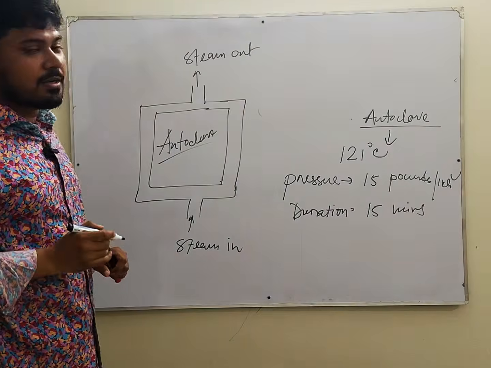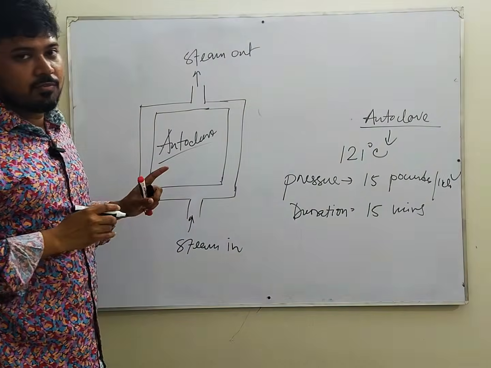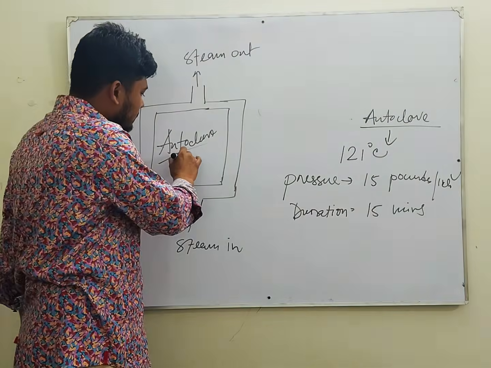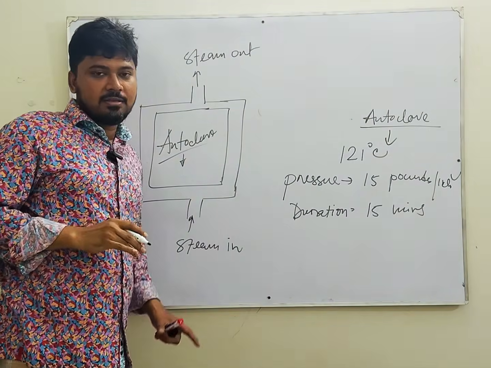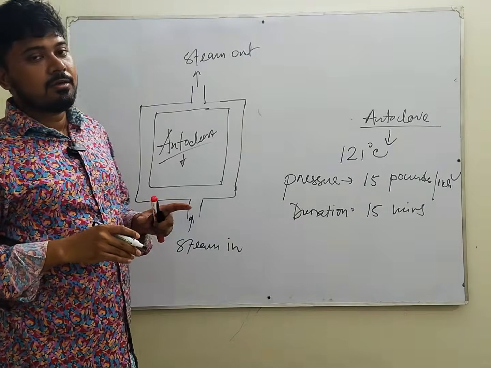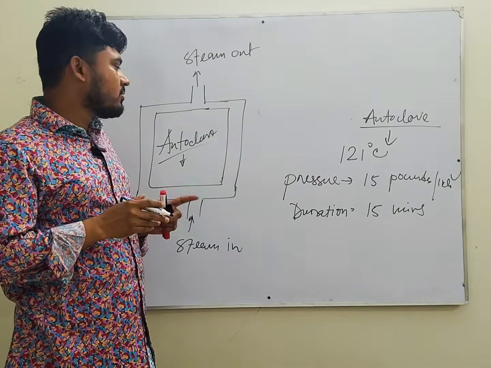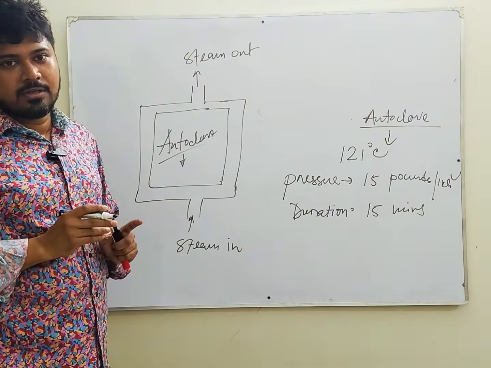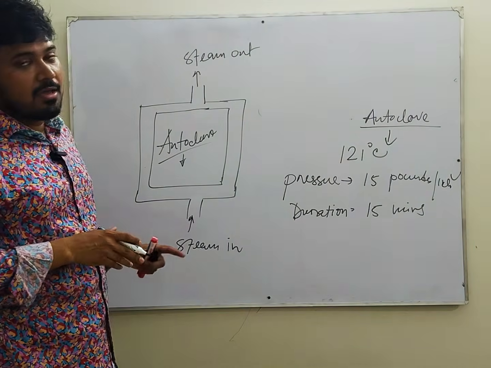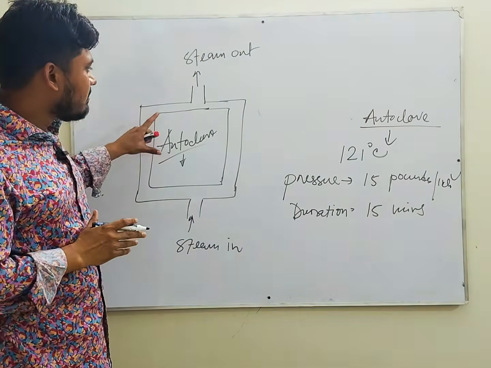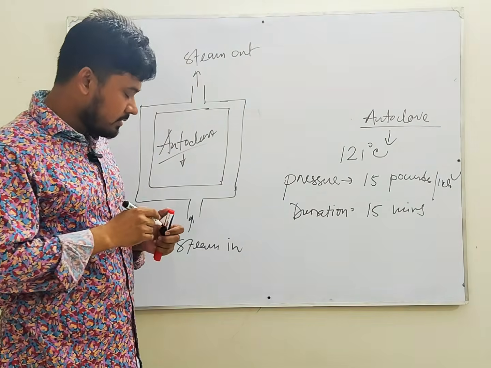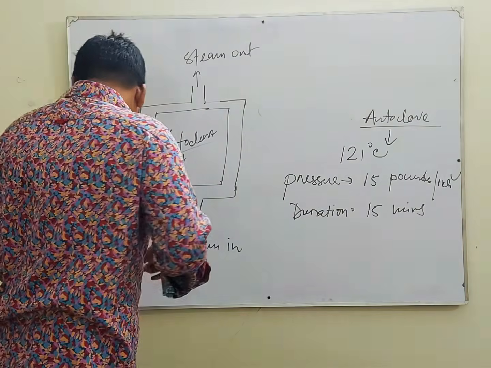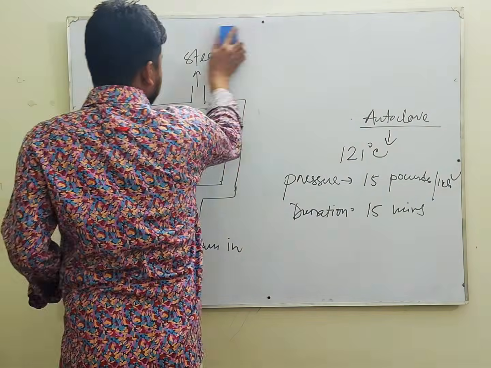Here steam under pressure is used and steam under pressure has more penetrating power, and when this steam comes in contact with the loaded materials, they condensed into water and produce a large amount of latent heat. This latent heat also increases efficacy of sterilization, that means efficacy of autoclave, and under pressure the boiling point of water also increased. And this autoclave work by this mechanism, and the materials we can sterilize here are